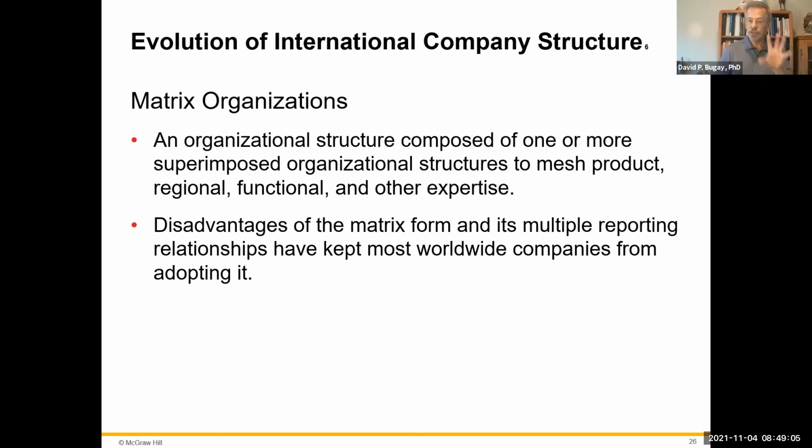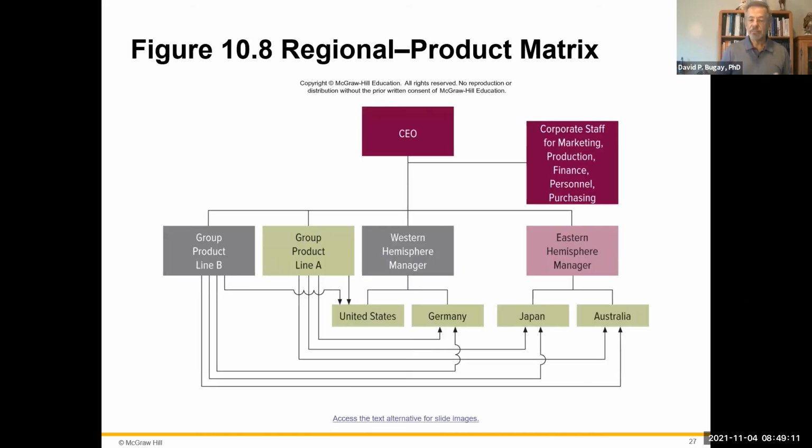Often you'll have a geographical methodology of doing it, and also this one here is called a matrix organization. Matrix organizations, a lot of times you'll have them broken up, and this graph is a little bit simplistic as to what it really comes down to. Often you'll have a product manager, and then a product manager will capture people from different divisions as they go through and work as a group. So you have really the group project line B, group project line A, and you may have a marketing expert, an engineering expert, and several different people from that geographical turf, and they're all experts and they're working as a team in that whole area. And you may rotate those members out for different kinds of expertise and different products as you go through.